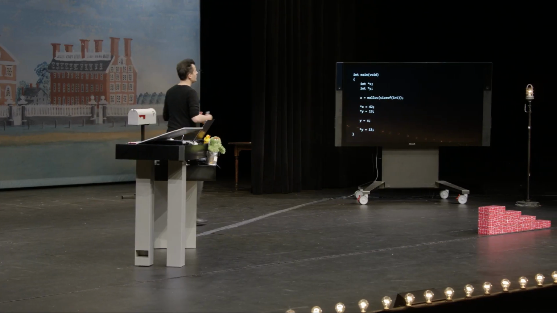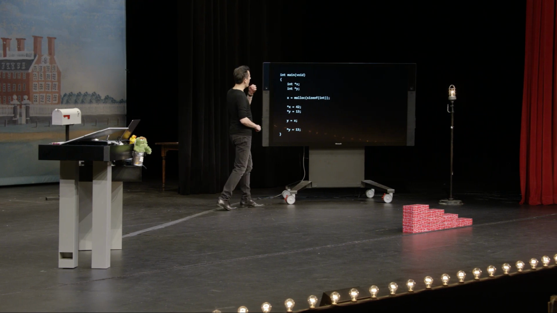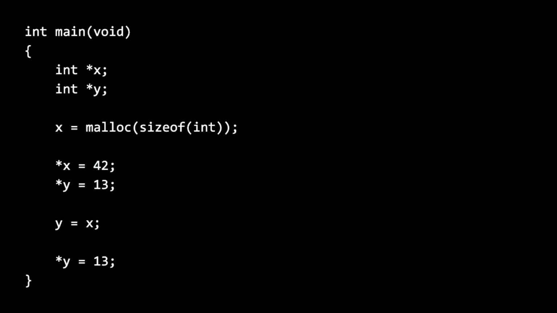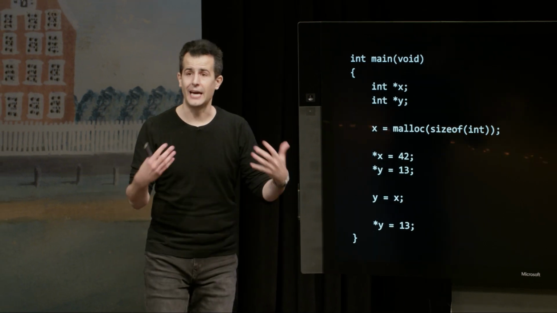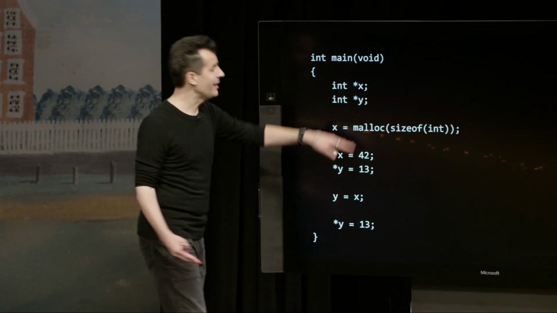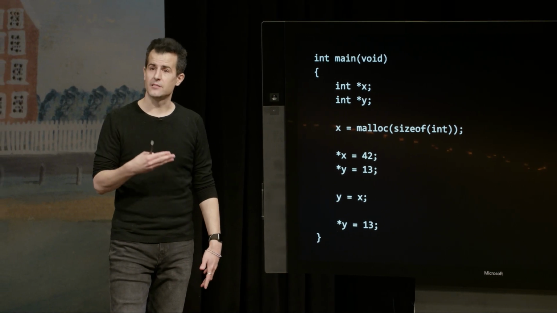And what might happen? Well, let me go ahead and reveal an example here that presents some code that's a little dangerous. So here, for instance, is an example where I'm declaring at the top of the function int *x and int *y. So what does that mean? Well, per today's parlance, this just means give me a pointer to an integer called x, give me a pointer to an integer called y. Put another way, give me a variable called x that I can store the address of an int in. Give me a variable called y that I can store the address of another int in.